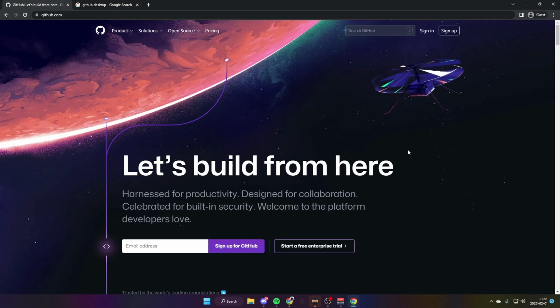GitHub is basically a website that allows you to publish and maintain these things called Git repositories. And I'm not going to dive too deep into this, but just to give some context, a Git repository is basically like a way to store your code, right? So it's one place that you can put all of your code for one singular project, and what Git enables you to do is essentially be able to control any changes that you make to that repository,